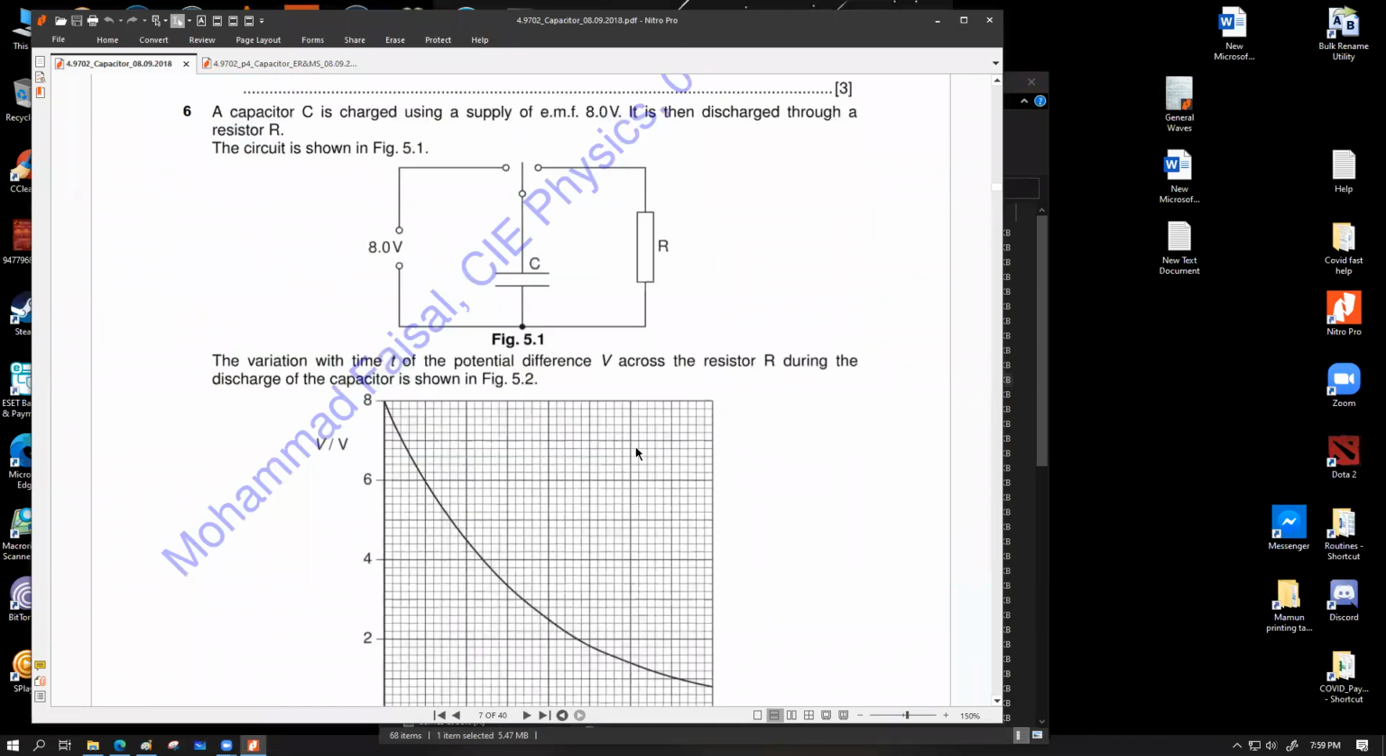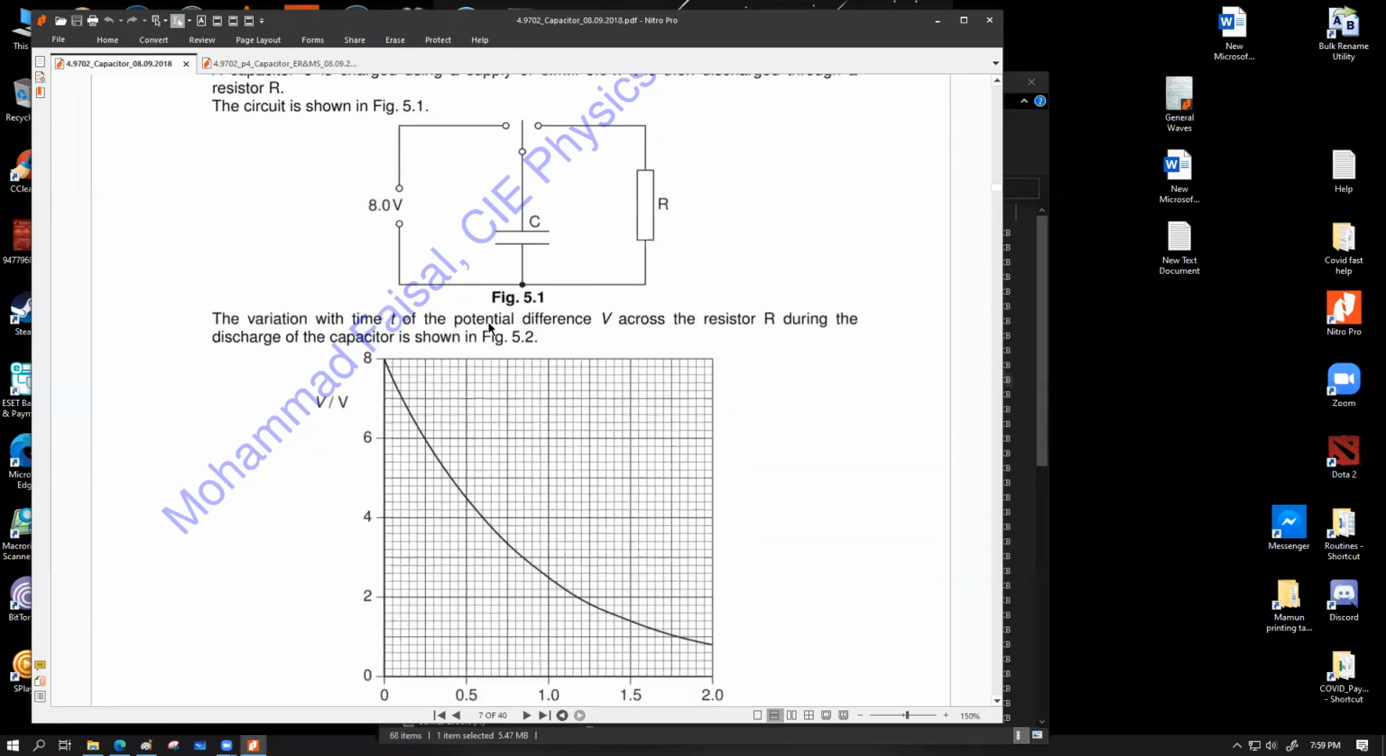Asadul, were you having any problem with 6? Yes, I'm looking at 6B. A capacitor C is charged using a supply of EMF 8 volt. It is then discharged through a resistor R. The cycle is shown in figure 8.1. So we have an 8 volt supply, which is going to charge up the capacitor up to 8 volt, and then we will discharge it through this two-way switch to the resistor. The variation in time T of the potential difference V across the resistor R during the discharge of the capacitor